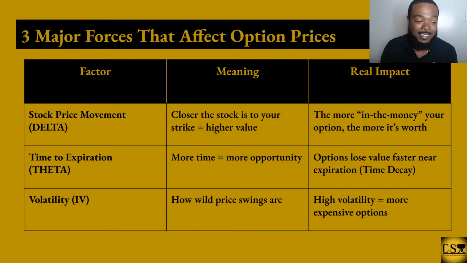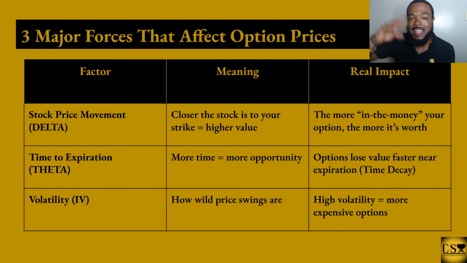And then you have the volatility. So that's going to tell you, like I'm just talking about, how wild the price swings are. How wild the price swings are in the stock itself, how volatile is the stock you're investing in. So they have ETFs like the S&P 500, the QQQ, what you got? But you also have risky ETFs like the IWM, which is the Russell 2000. Every one of these has a different level of volatility.